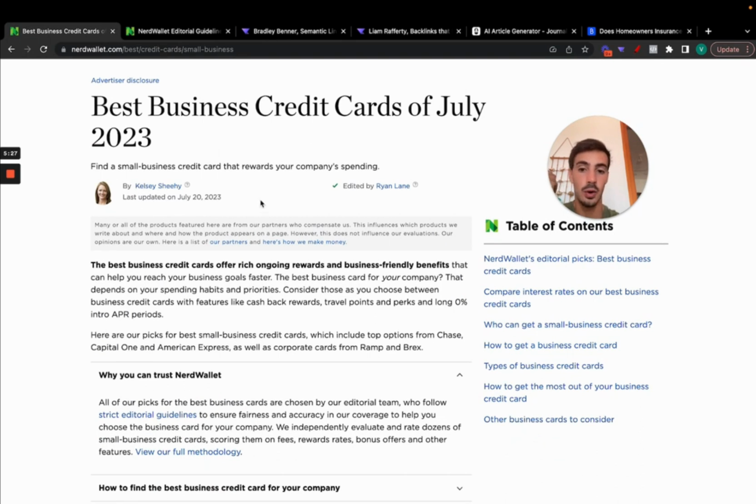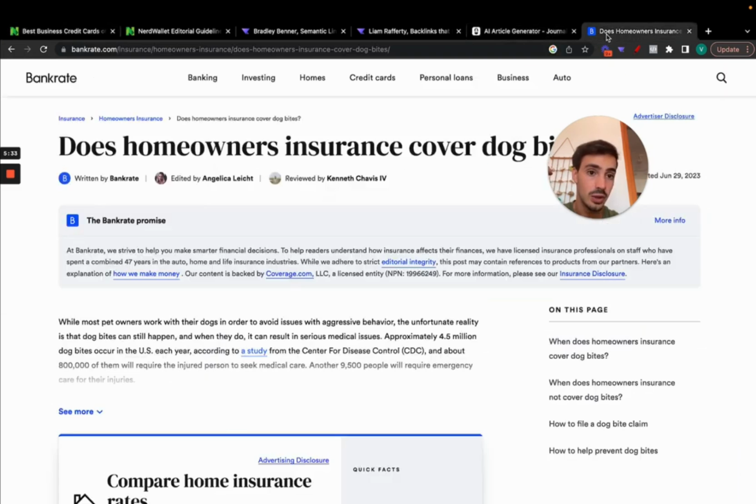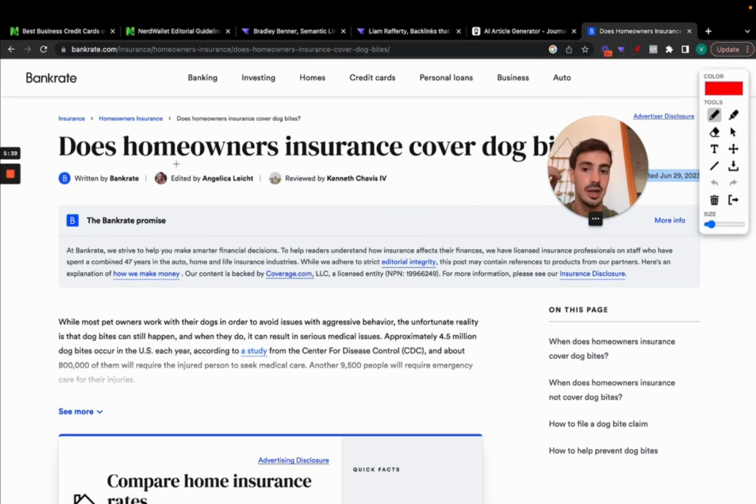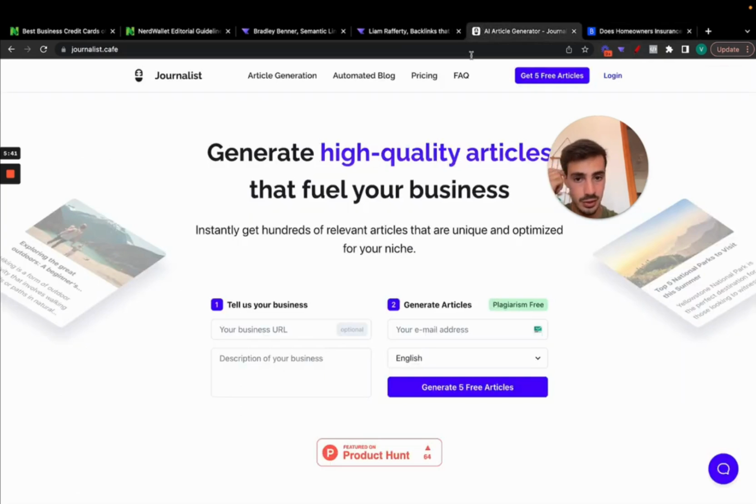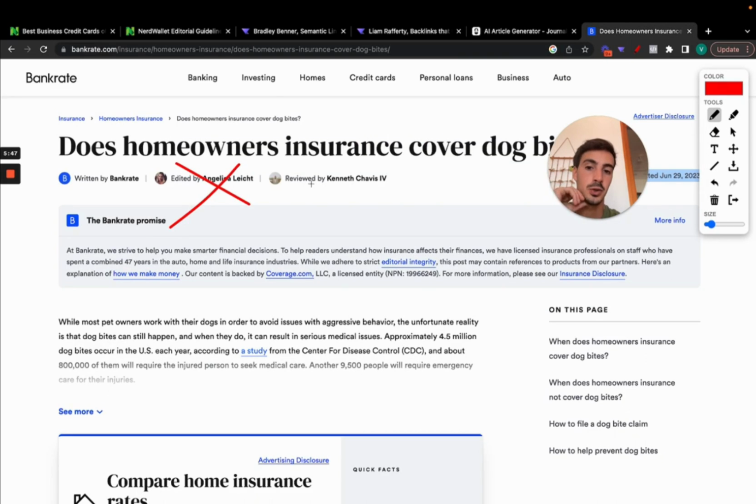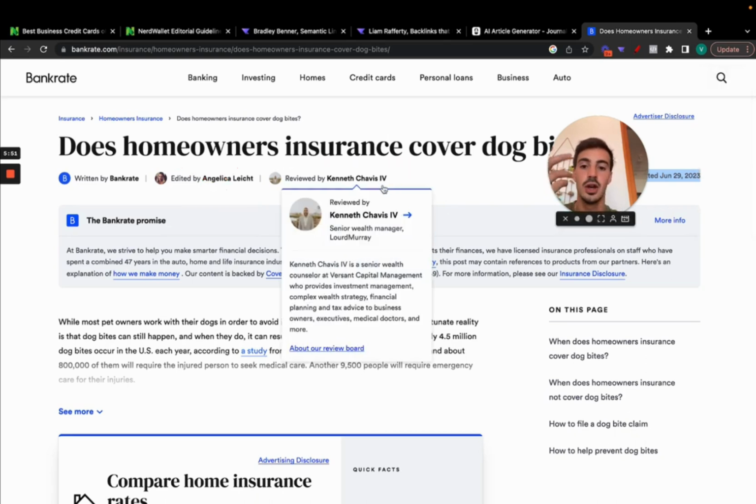Second, not add who wrote it, not add all these little trust factors, and then just posting it with AI. If you're leveraging any AI tool, make sure that you add who edited it, who reviewed it, right? Even if you don't want to edit the article that the AI tool pumped out, for example, if you're using Journalist, even if you don't need to edit it, make sure to add who reviewed it, reviewed by a human, and make sure that the human has some credentials, who they are, why they're qualified for it, more about them, their sources, all that, because this goes a long way.